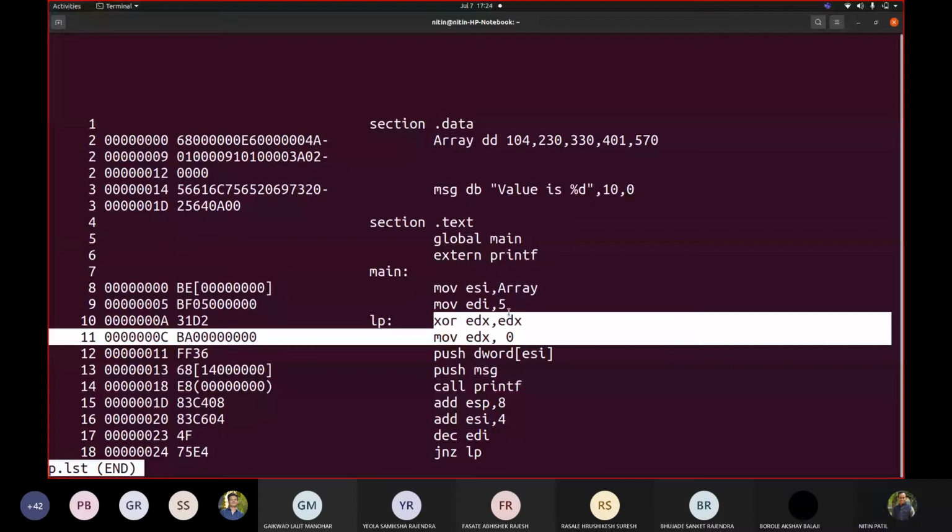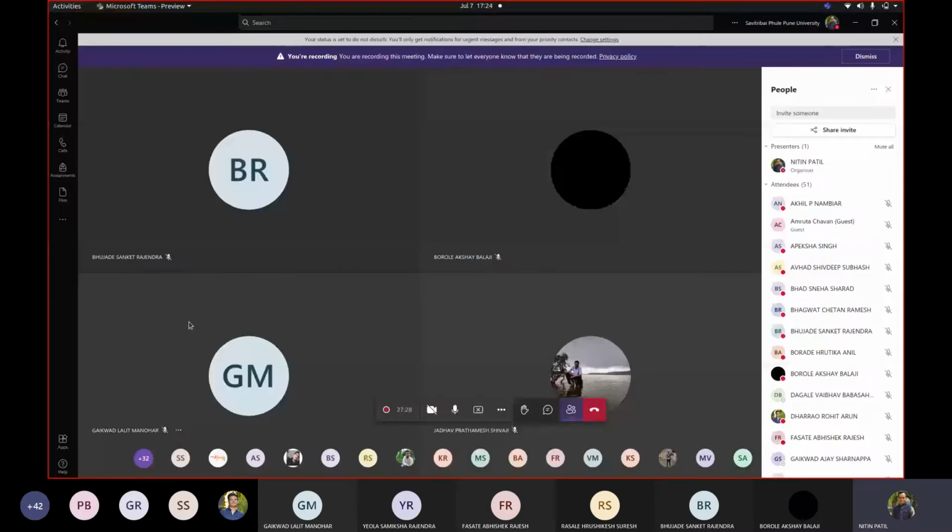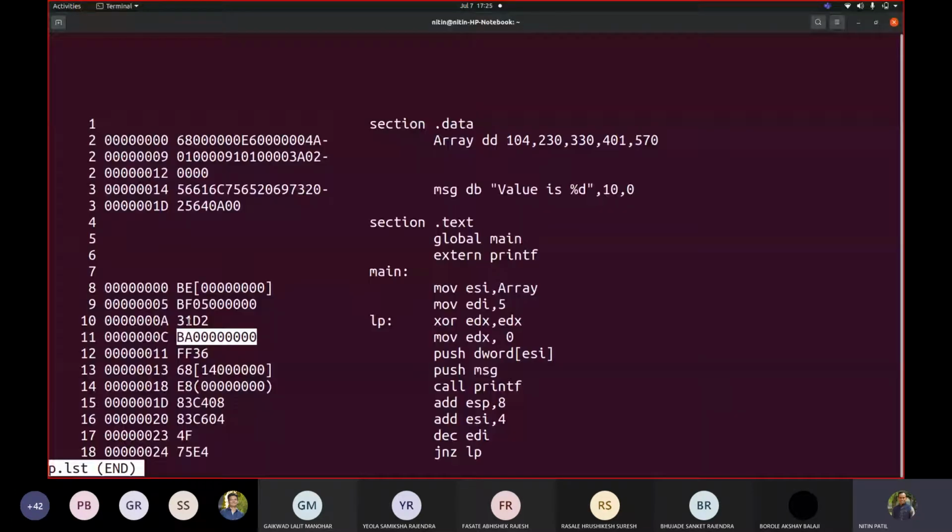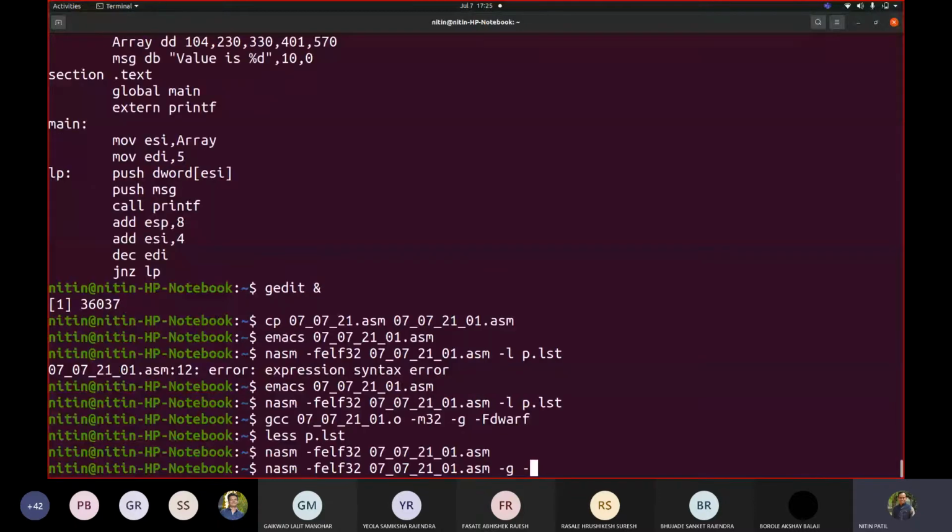Okay. I hope you have understood what I want. If I use XOR, let me show you how it works. Let me compile with -g -gdwarf and gcc. Let us go here. Now let me display $edx.